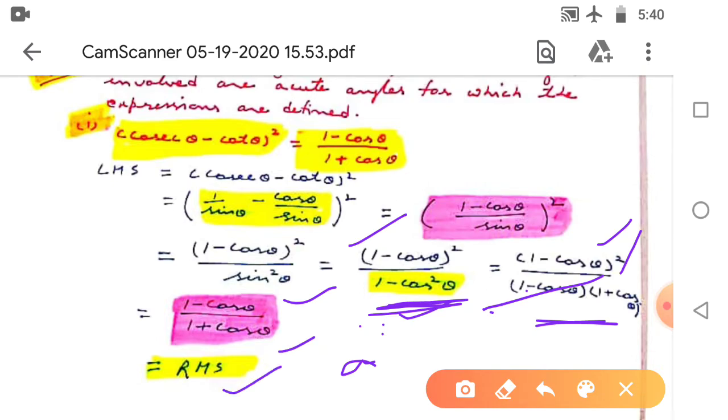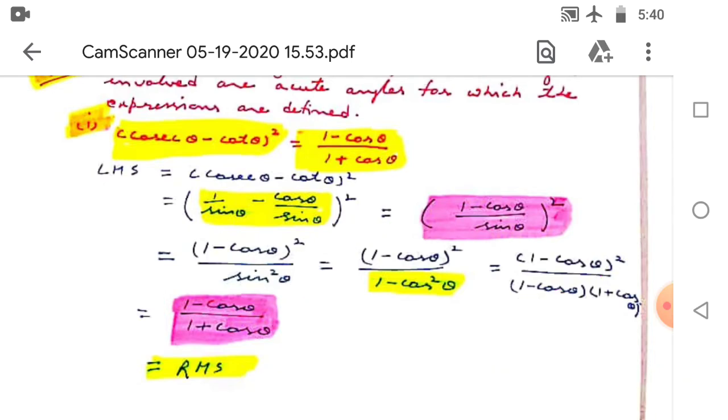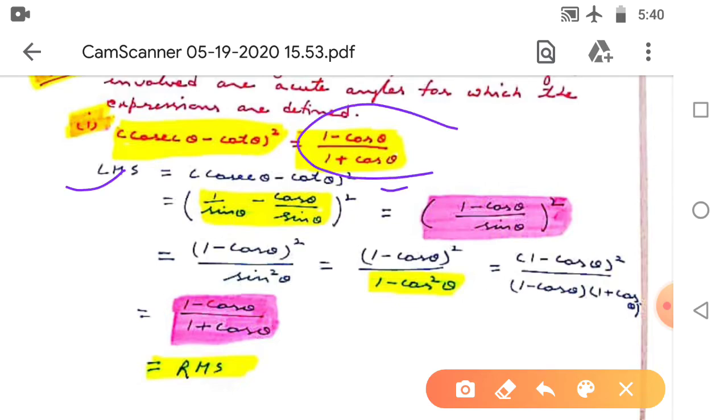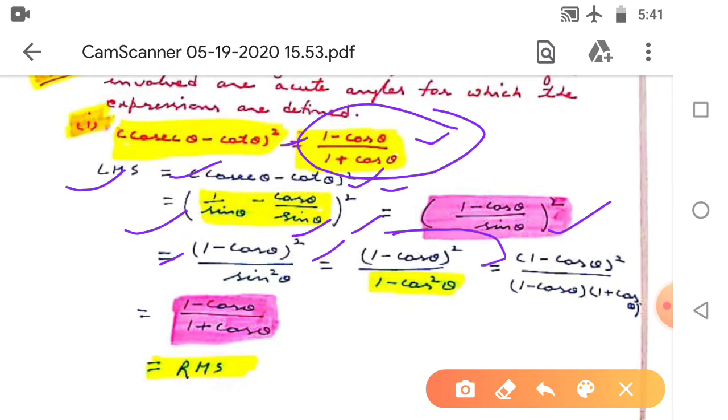That is equal to RHS. So, very important step. What is that? If you are starting with LHS, keep RHS in your mind. Clear? After every step, if you are not able to apply any identity, convert into sine theta cos theta, take the LCM, no issue about that. But the moment we get 1 minus cos theta whole square, so here we have 1 minus cos theta, no need to apply a minus b whole square. Keep it as it is, no change, इसको ऐसे ही रखना है.